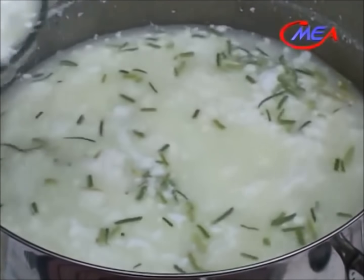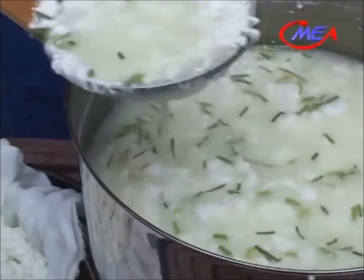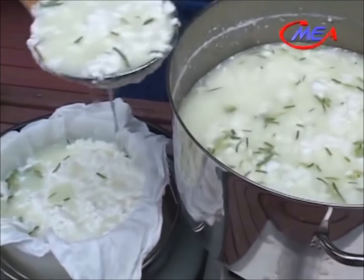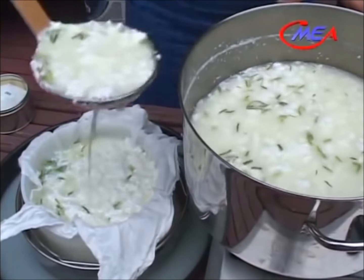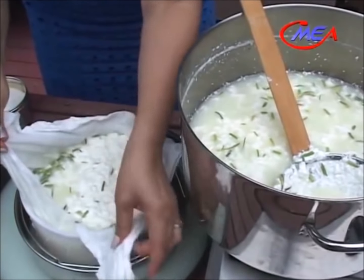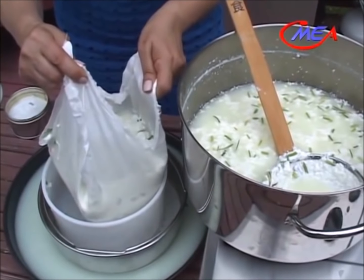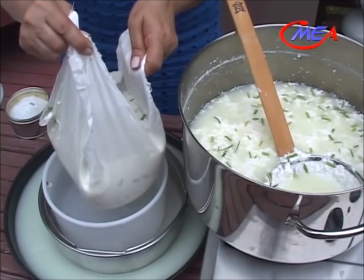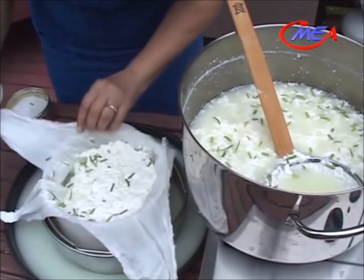Look how beautiful the milk curdles. Looks so nice. This is very good cheese. It's so delicious. Lift the corners up a little bit. That will help more liquid to drain from the cheese. Just lift it up a little bit, and then set it down and add